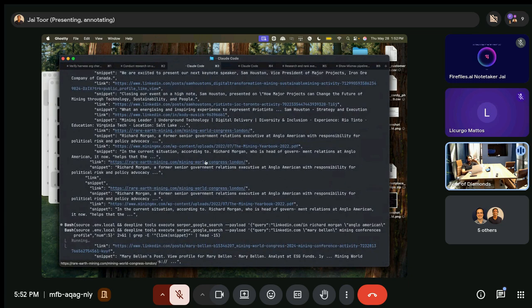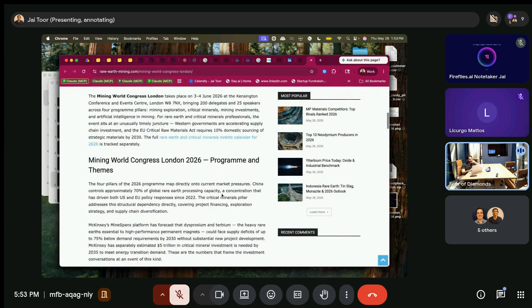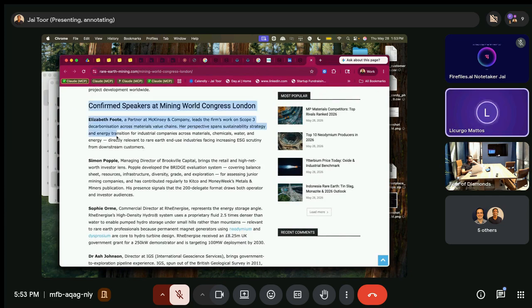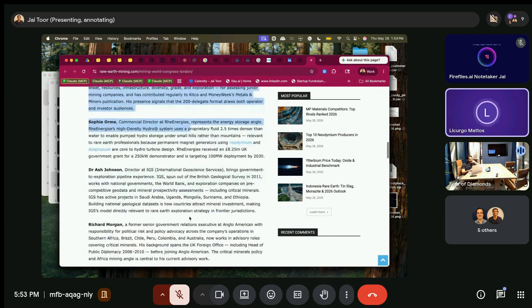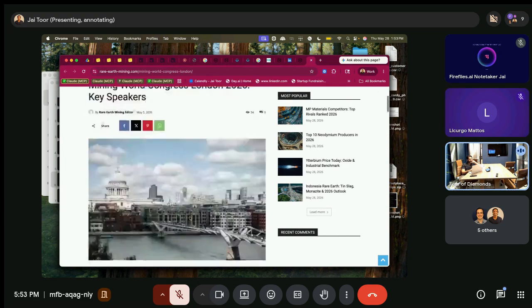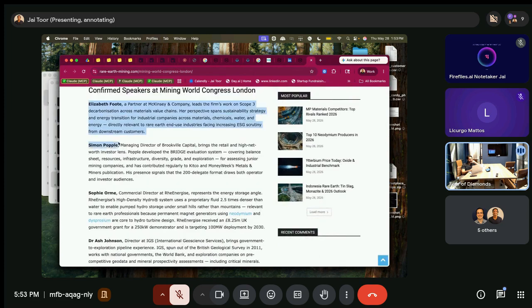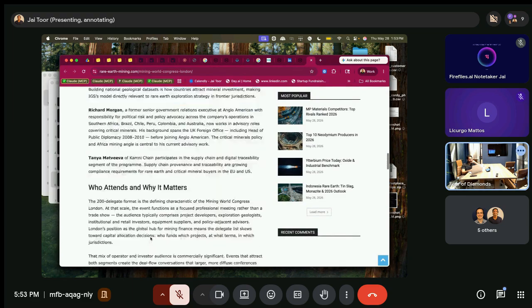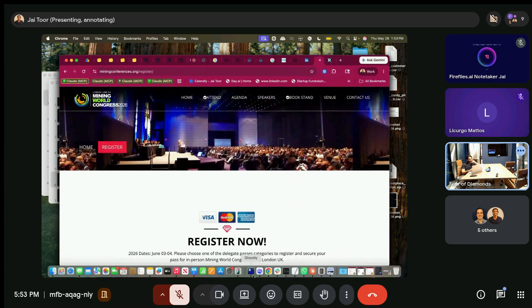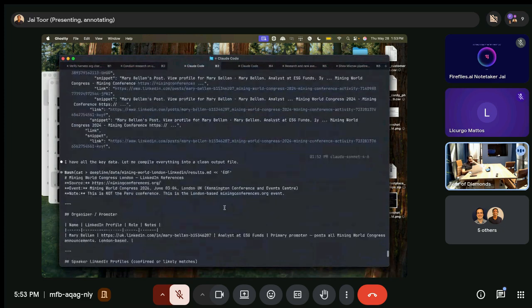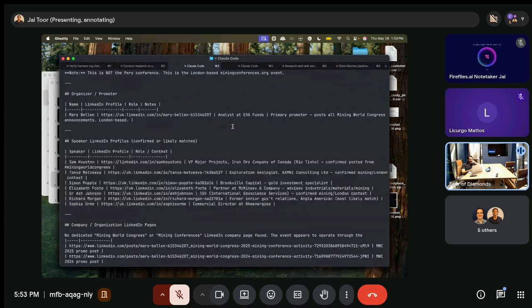And then it does look like it's finding folks speaking here. Yeah. It's a big event. It's going next week already, and there are a lot of problems with data from this event. Yeah. So these are the 6 that it found, 2026. Elizabeth Foote, Simon Popple, Sophia Orm, Dr. Ash. And yeah, those are just the public ones. So yeah, you're not going to get great data if the company doesn't publish anything, but you can definitely take a look at these folks.